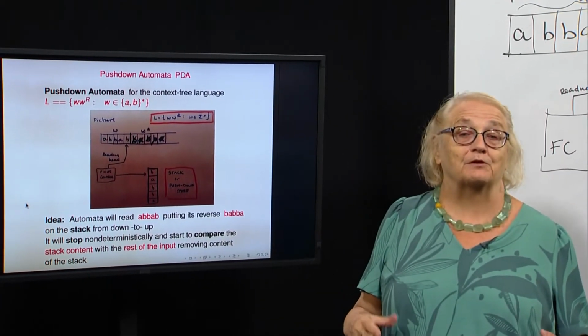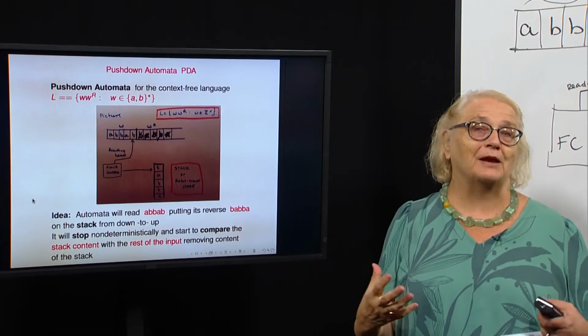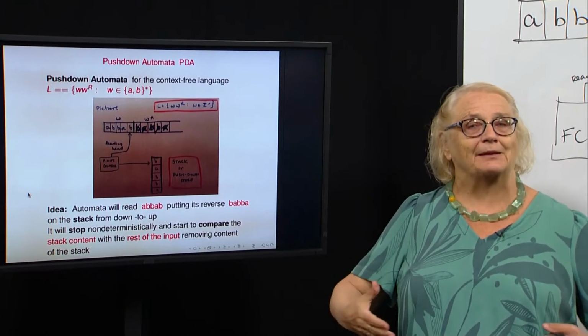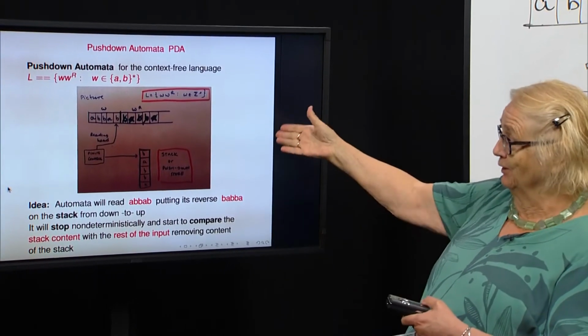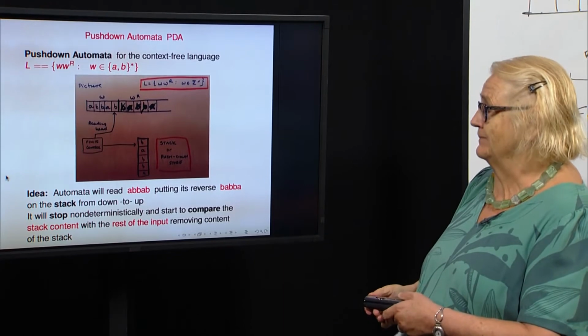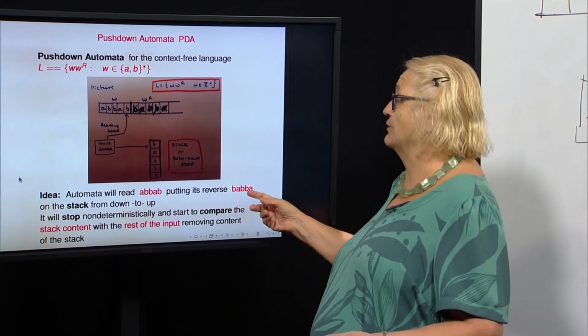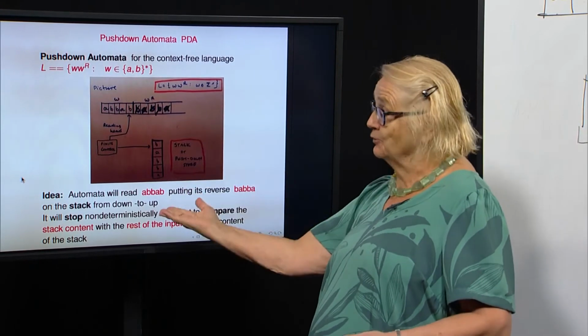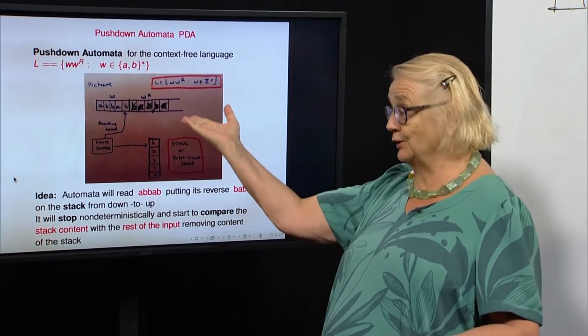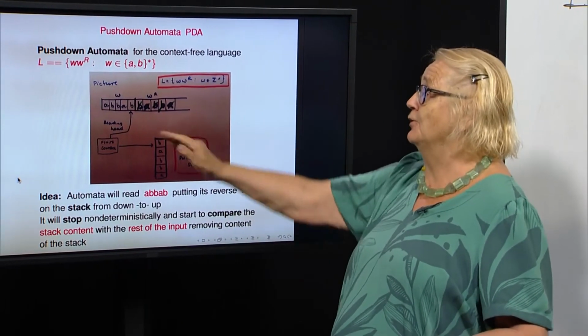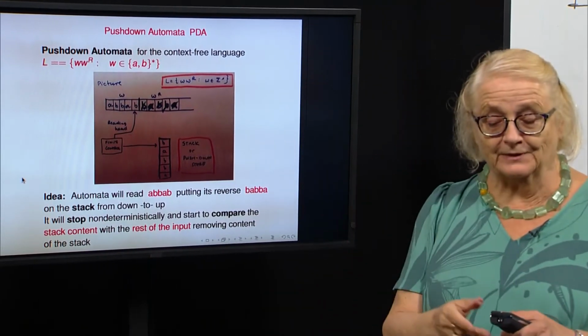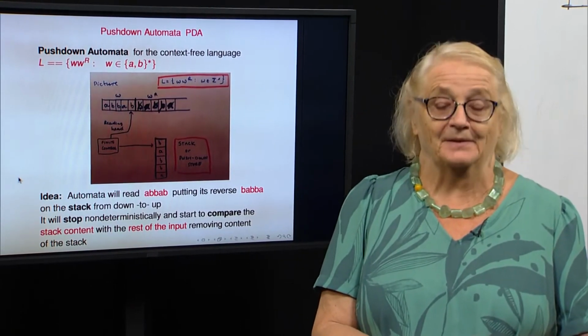accept W reverse. So now we have to put everything into nice mathematical terms and to be able to prove. So the idea is the automaton would read a word, putting the reverse on the stack, because you build the stack from the bottom to the top, and then you compare what's happening. So this is a nice, simple